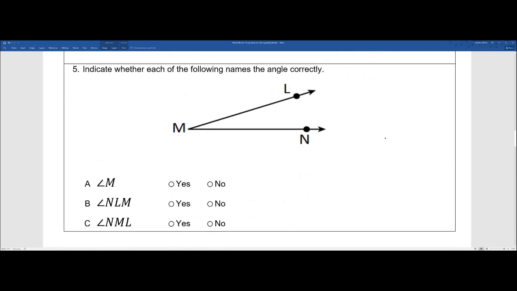All right, number 5, indicate whether each of the following names of the angles are correct. Okay, let's talk about this. All right, we have angle M. Angle M in this situation would work, okay? But it wouldn't work if you actually had another angle that came from angle M, okay? So let's say this is O. Angle M,